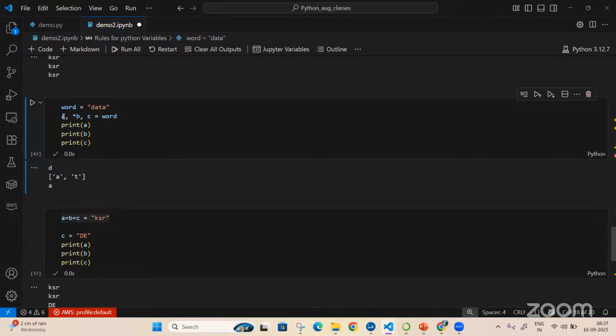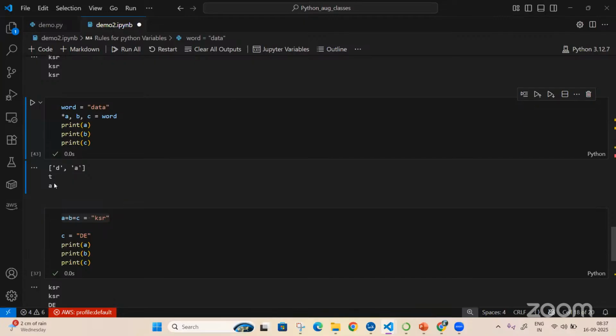Now if I say A, star of this, and another star, you cannot have two stars. It will throw an error. You can have only one star. Now if I do this, it will give the first two words to this and the last two to that, and whatever iterable is left goes to the star. Got it? So basically, a star will pick up the characters?